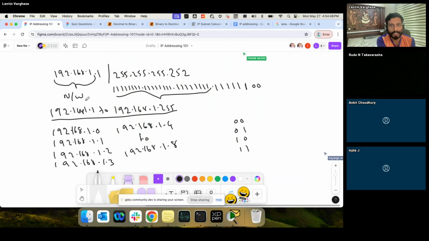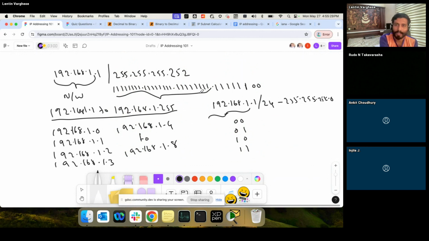It's a bit of a pain to keep representing the IP address and the subnet mask, and that's how the concept of CIDR notation came in. So essentially, CIDR notation would look like something like this: 1.1.1.1/24. What this means is 24 bits represent the network portion of this IP address, right? That's again going back to our initial subnet mask